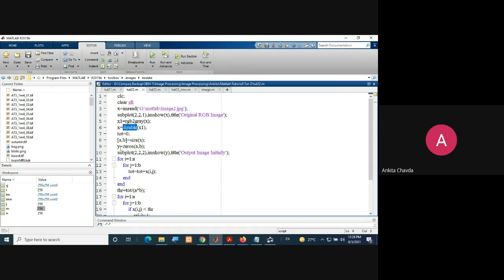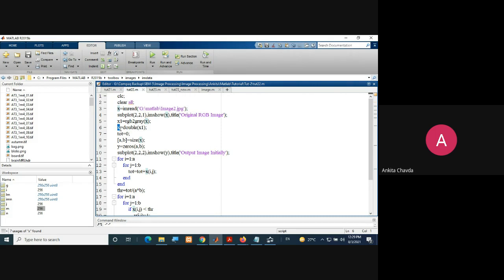It was previously an integer, but I'm taking it as a double, and I've overwritten the values in variable x only. So finally with this x I have a grayscale image.